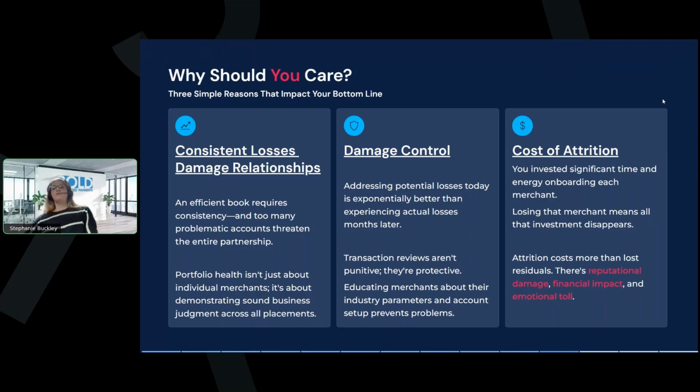The cost of retention and educating the merchant and giving them the ability to understand beforehand, and having that foundational KYC from the beginning, is going to be so much better for your book of business and your success than just yelling to get a review completed just because you want them to be happy now.